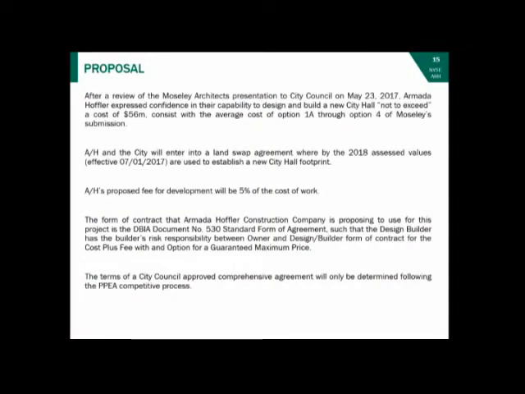So I mentioned that we received a letter from them. It was dated 1 June, recharacterizing their proposal and also committing to a not to exceed cost of the average of the other Mosley options. Key to their proposal is the land swap, as I mentioned, and that is swapping the square footage for square footage requirements to create about 2.2 acres of land for the city hall, and using an assessed value effective with our FY18 assessment. And that swap,